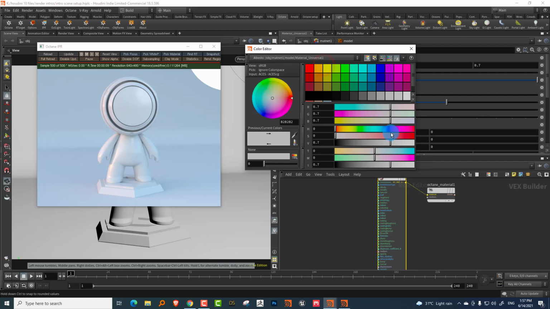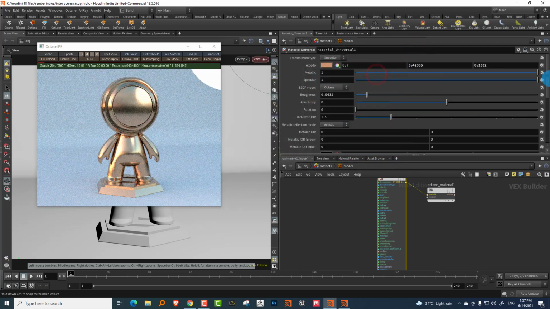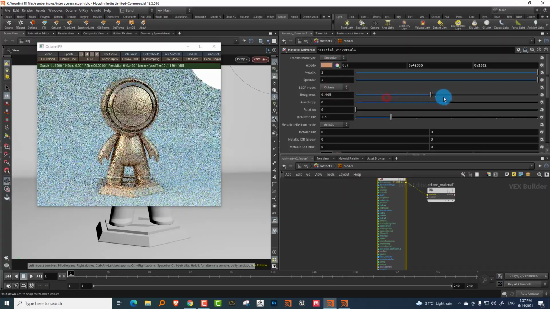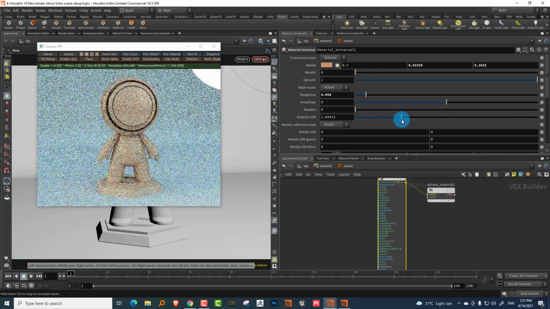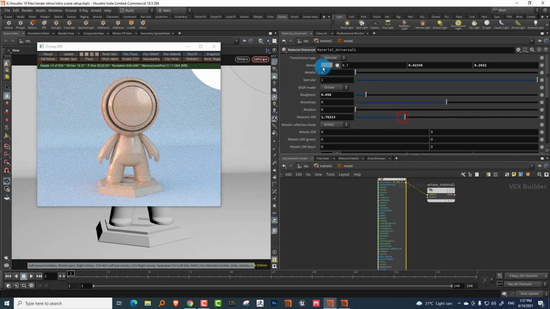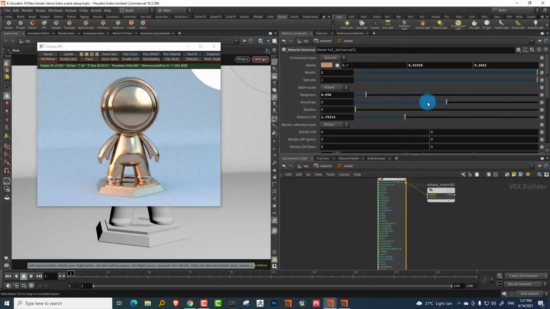So you have your basic color, you have metalness. Okay, so we can make it metallic. You have your different BSDF models. Okay, you have roughness. Okay, you have basic IOR for reflectivity. Let's just make it metallic for a second.